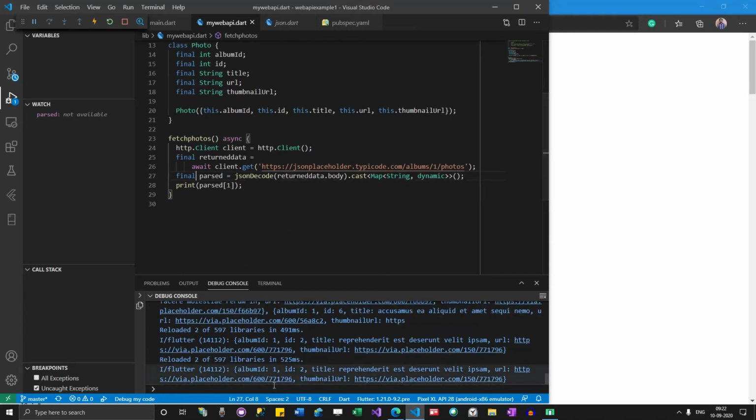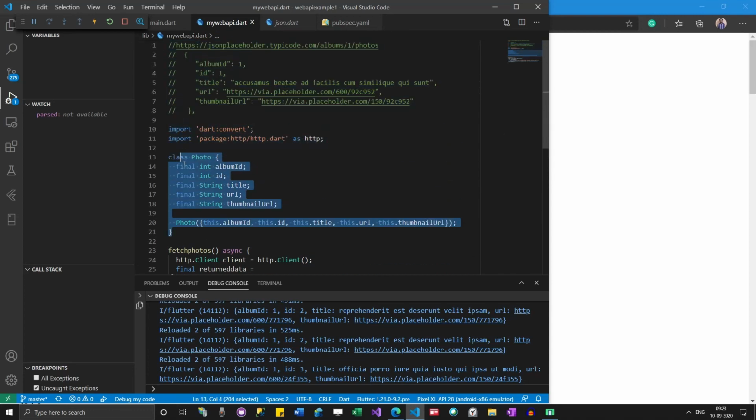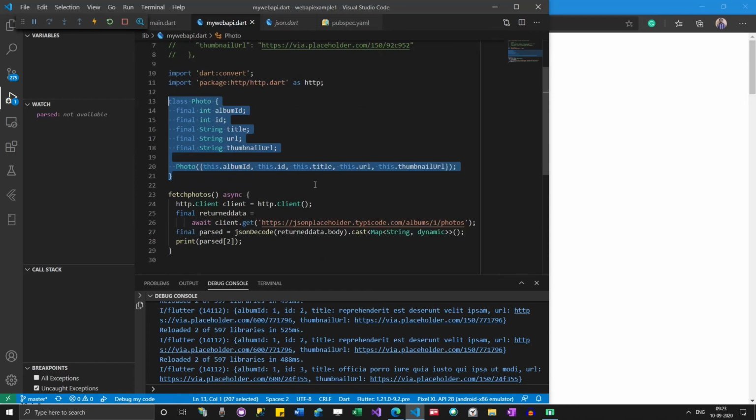If I want to read something else, I can give it like this. But these are still map string dynamic. If you remember the SQFLite example, when we have map string, we can easily convert that into objects by processing with some helper function over here. We can actually process it and then use that in our program.